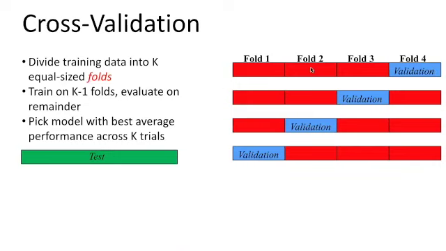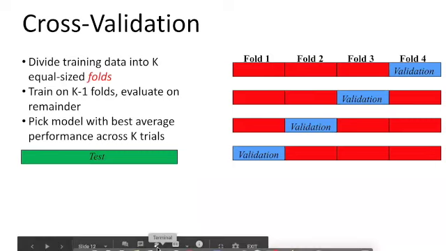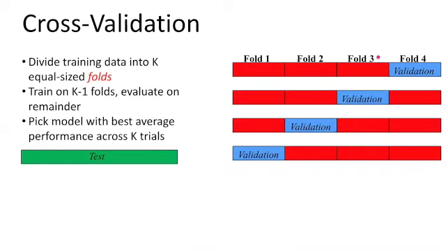In this illustration, I'm dividing the data set into 4 equal sized folds randomly: the first fold, second fold, third fold, and fourth fold. In this procedure of cross-validation, I'm going to cycle through each one of the folds and treat each one as the validation data set. I'm going to start with the first row, and in that case, I'm going to use the data from the first 3 folds for training